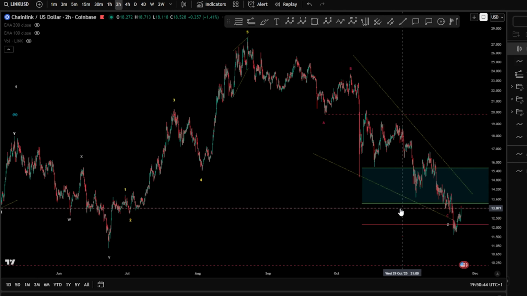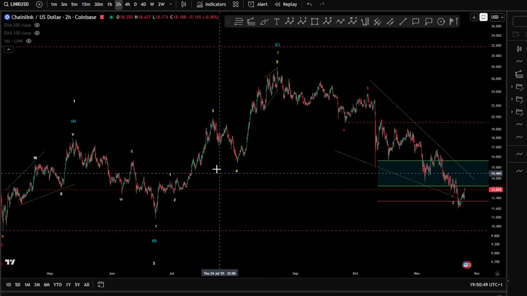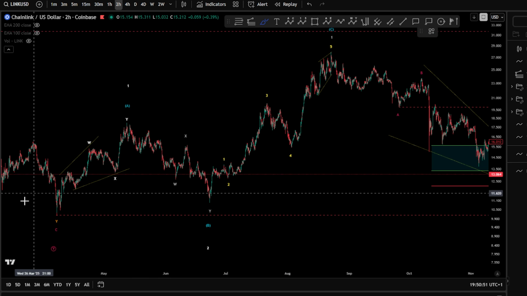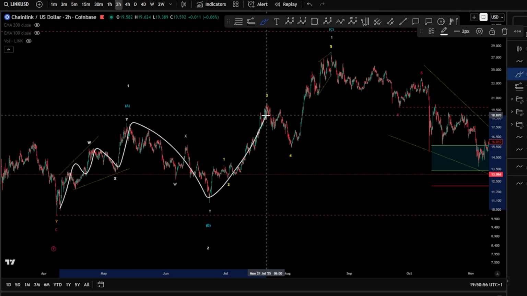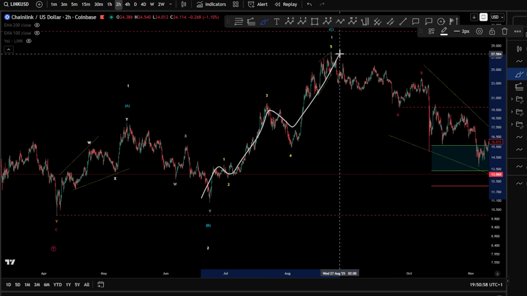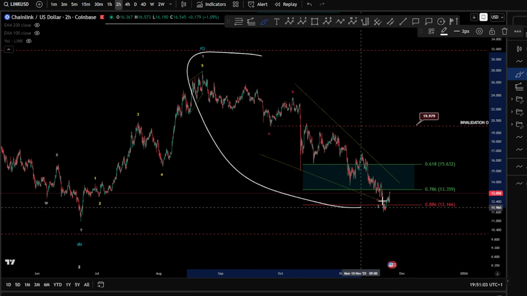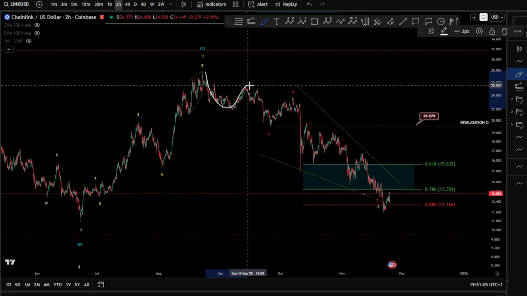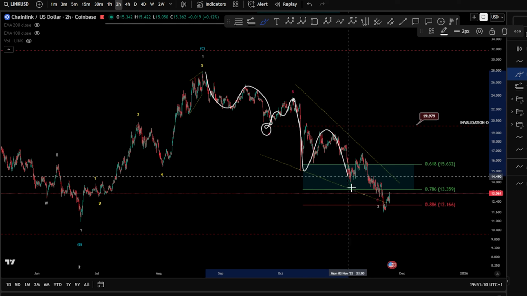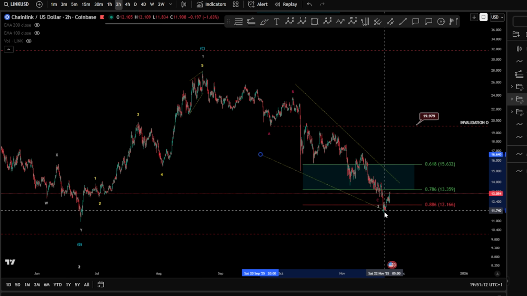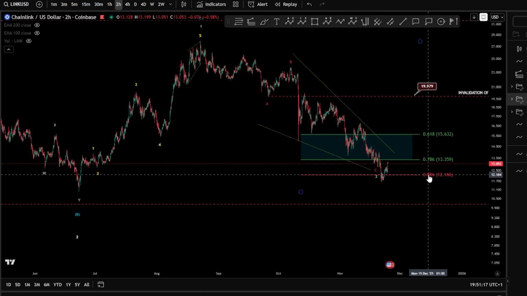Now, on the lower time frame, if we take a look at the structure on the 2-hour chart, in case that we are in several 1-2s here, because you have an expanding diagonal, of course, as a potential wave 1, 2, and you have an impulse here, 1, 2, 3, 4, and a 5. Another 1, 2 as well is unfolding there. Now, this correction here is 3 waves, wave A, perfect flat, wave B given, and of course a diagonal 1, 2, 3, 4, 5, perfectly finished in the blue box,